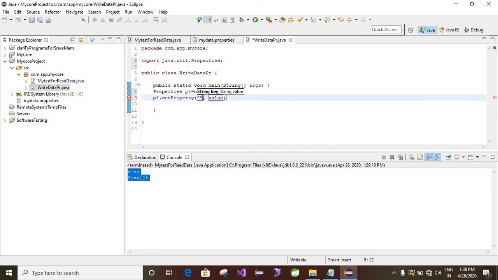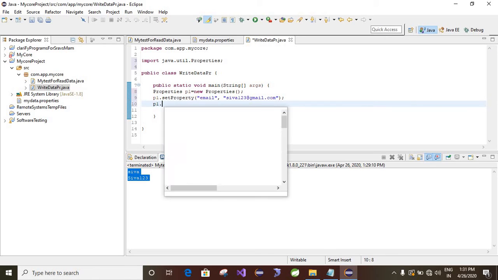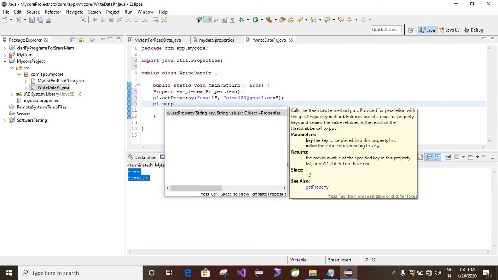So I'm giving here email. Now the email address value is siva123@gmail.com, semicolon. Next p1 dot setProperty.